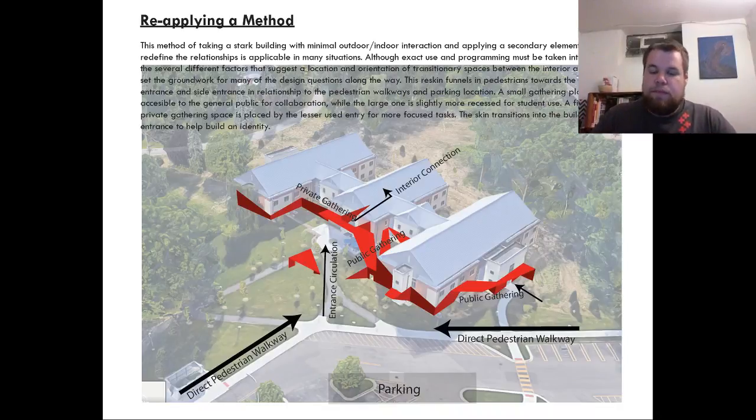You can see areas, such as the front of the building here, where you really wouldn't want to hang out because you'd feel like you're front and center, in front of parking, in front of traffic, people trying to get into the building. This becomes cladding here, not as much of a public gathering space. It can slowly become cladding as soon as it's not really a desirable area to be. This other public gathering space, you have this main circulation to the entrance, but you can come off to the side to start relating more casually to the building's occupants.